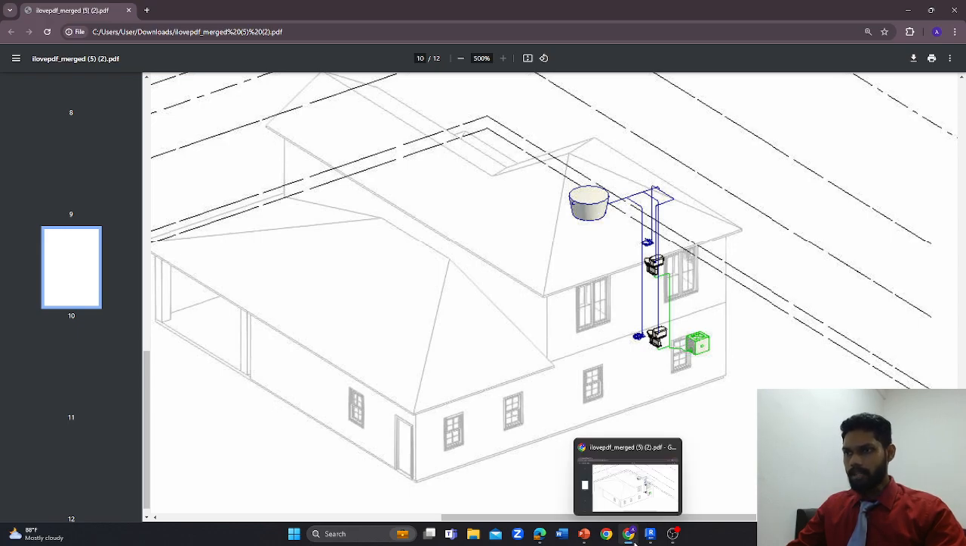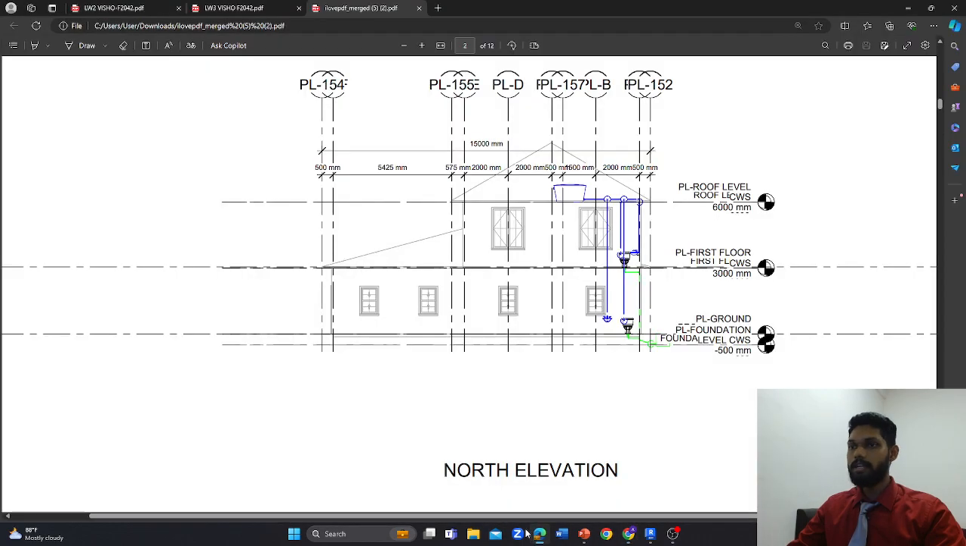And with that being said, I'll show you the north elevation. So this is the north elevation of the same plumbing plan. And with that being said, I'll just move on to the assignments,